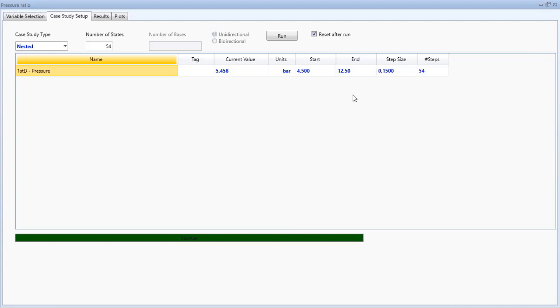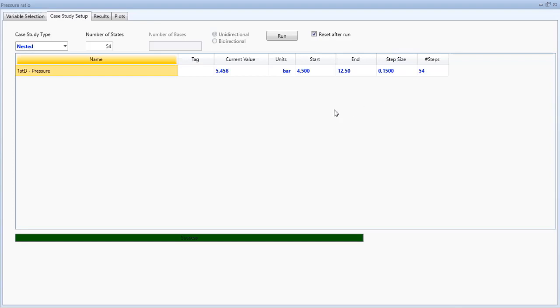So to do the evaluation, I started my discharge pressure of the first stage of compression at 4.5 bar and it will end at 12.5 bar. These are arbitrary values. You can choose any other range, and I add a step size of